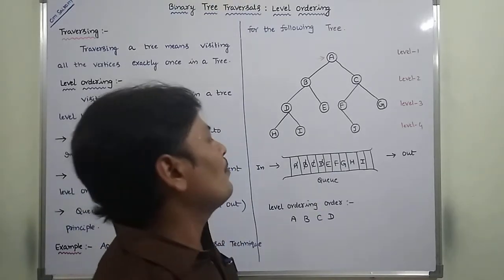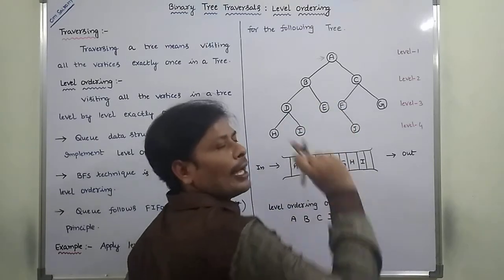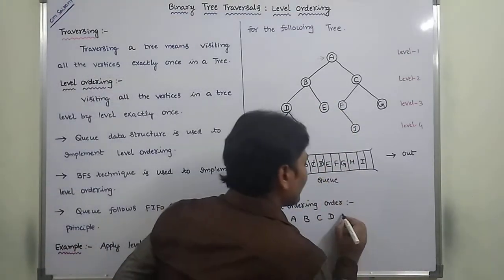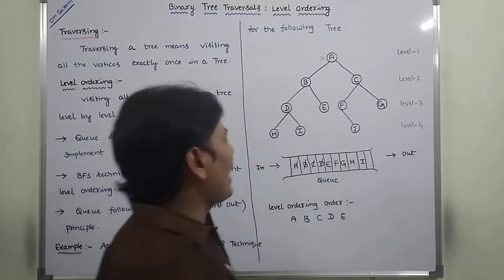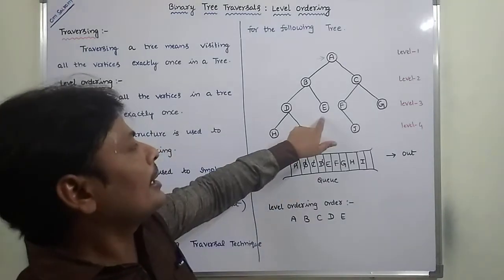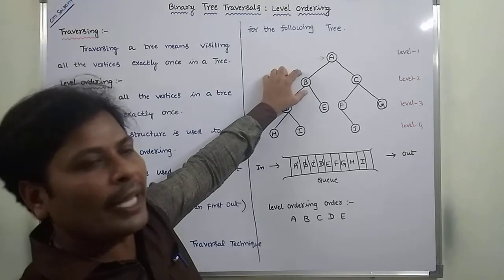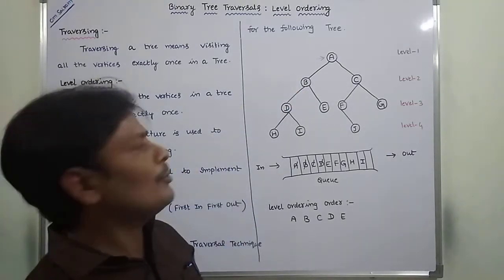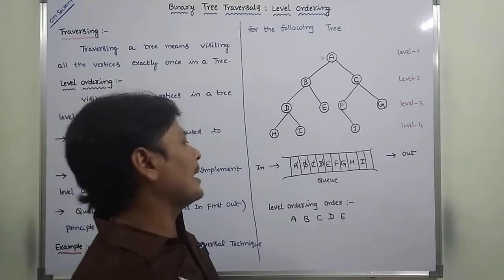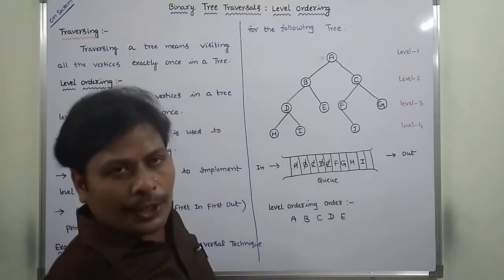That is E. Before finding out the adjacent vertices of vertex E, first visit the vertex E. Now what are the adjacent vertices of vertex E? Vertex E contains only a single vertex, that is B, that is already visited. There are no vertices that are adjacent to vertex E. Now E is removed from the queue.